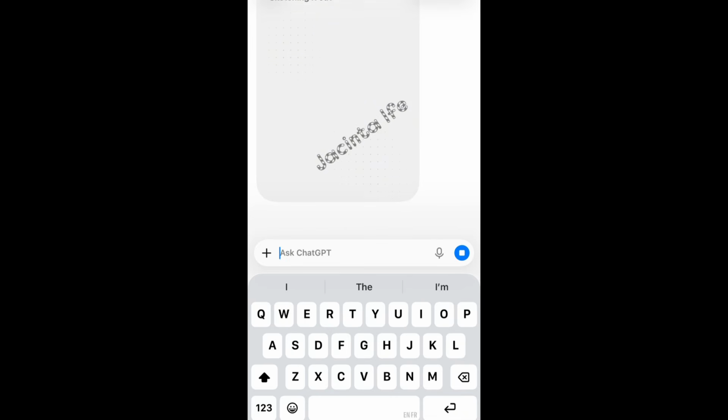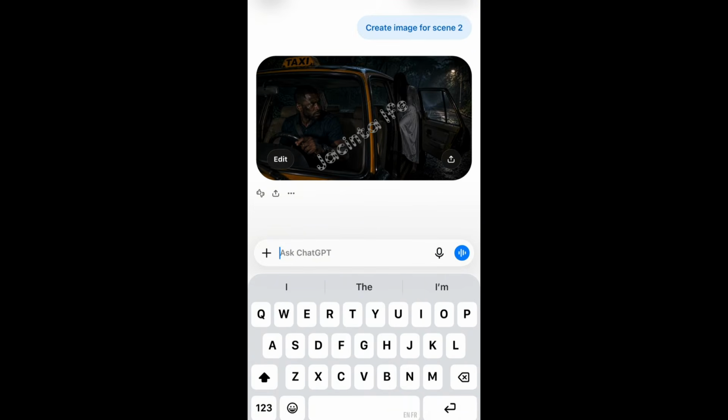That's how you continue, keep generating your images for a particular episode. Once you are done generating your whole images for episode one, then you can go and create your videos, which will be using another AI tool. Okay, this is for scene two.